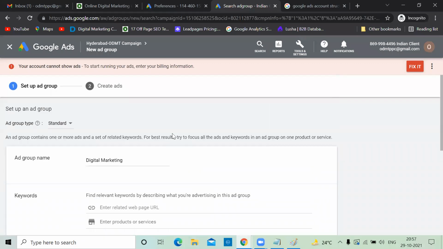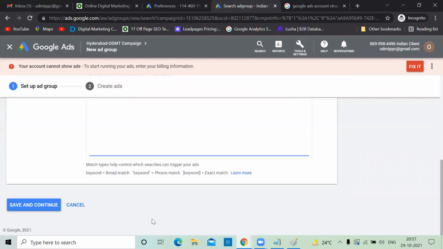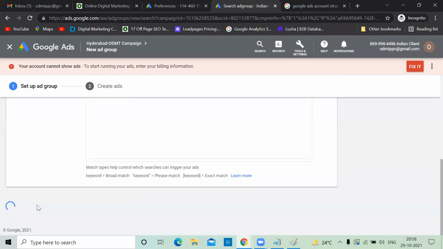See the previous one, now there is a lot of difference. In the previous ad group, immediately their only ad copy was coming. Now it is different. Google plays with us because this is their website, different people, different versions. So don't panic while you're doing. If you get different options, don't panic. All options will be the same only. Use just logic and fill the details.